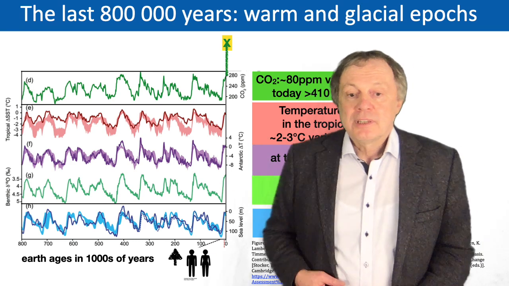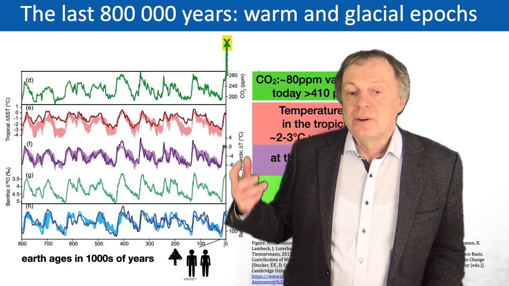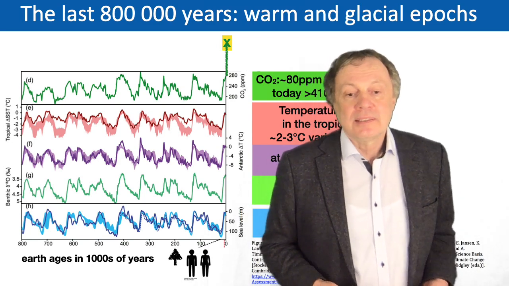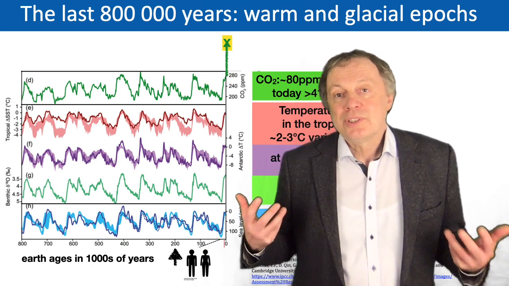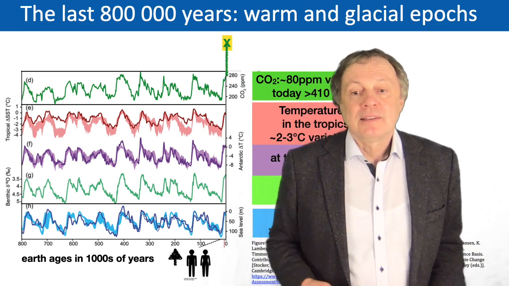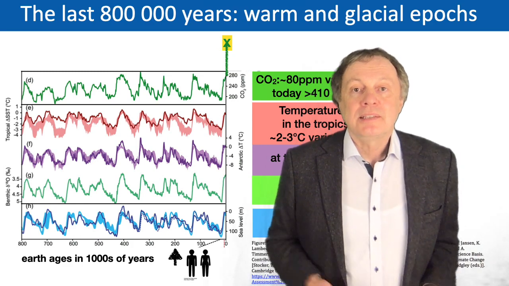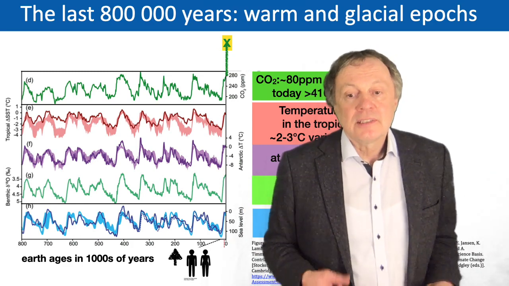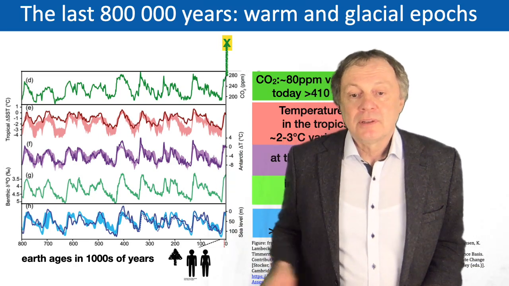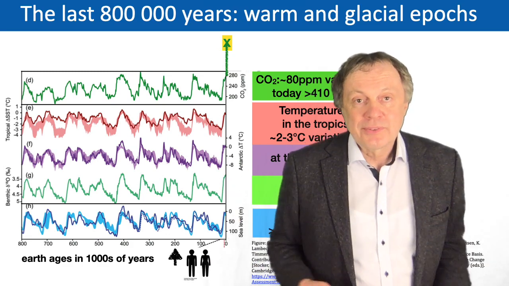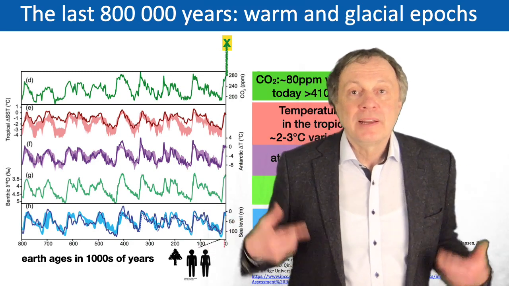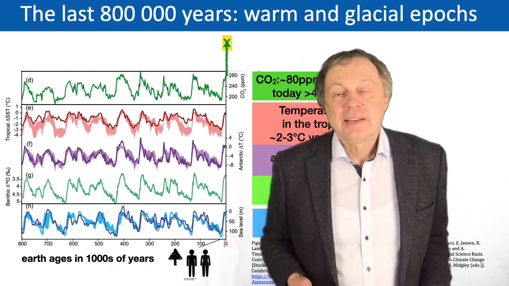So there are 3 temperature curves which basically all are correlated. They look to some extent very similar in the last 800,000 years, and it shows you that the average temperature on the Earth is basically well understood and well checked against each other by 3 different methods. So the variations are quite moderate, 2 to 3 degrees, but you see this up and down all the time. This up and down, of course, are what we know from history as the ice ages. So there are warm and glacial epochs during that time.